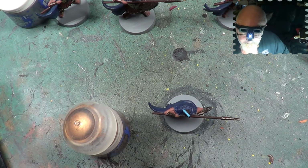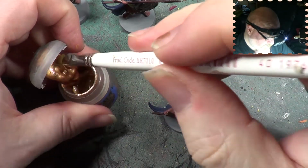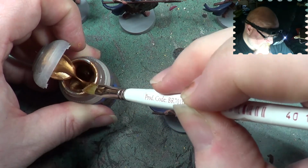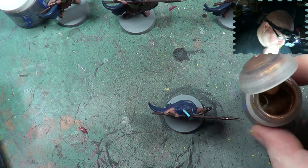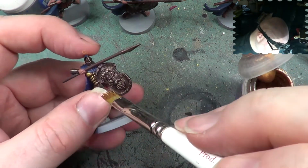Right, so first off, we're going to do the shield with the Hashut copper. I'm just going to give it a good shake. Hopefully, yeah, there we are. It's all gone into the lid now, so I can get some easily. I better keep it open because I need it. So some on the brush, scrape it off the brush, and then